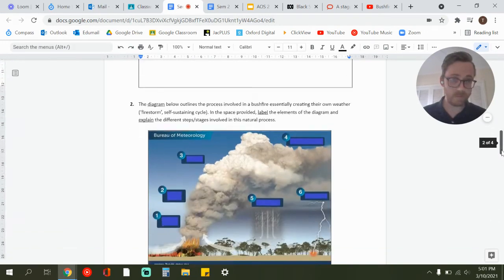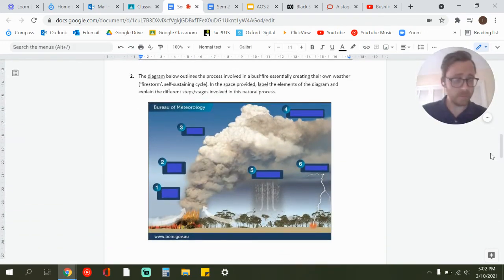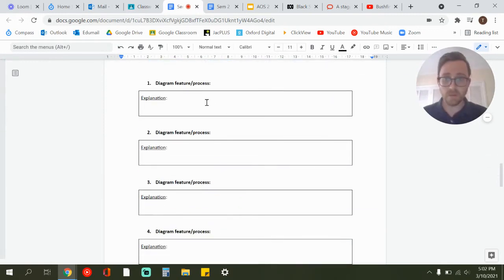Oops, if I can get down there. There we go. Again, for the first semester, we had you guys create the diagram. Second semester, remote learning, bad, trying to help you guys out. So we've given you a diagram. All you need to do is label it. So in the space provided below this question, you'll see, oh, I'm not doing well with my mouse today. There we go. That's where you label each of those stages.